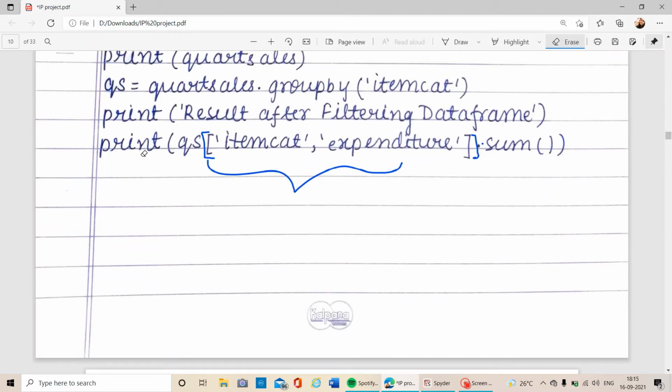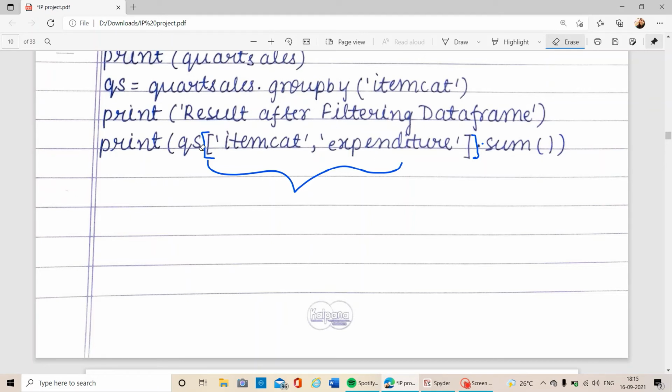For that we are using print QS list within list item cat comma expenditure, then list closed, then dot sum. So this means that basically we are just expressing the two items of the list as a single list.